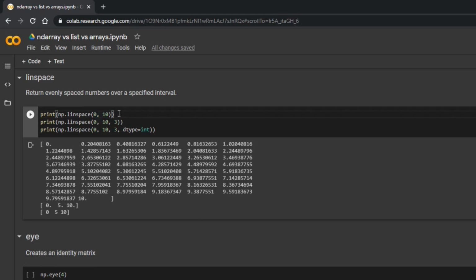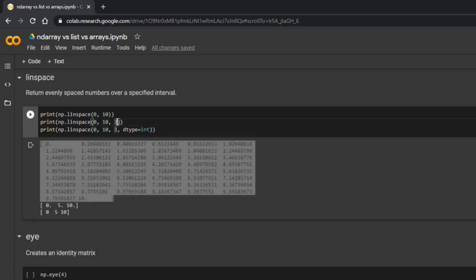The first line, np.linspace(0, 10), means generate the numbers between 0 and 10. By default, it will generate 50 floats. If we want to generate less than that or more than 50, we can specify it as a third parameter.